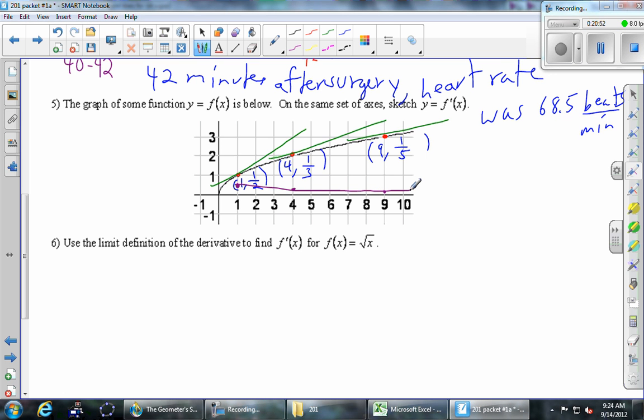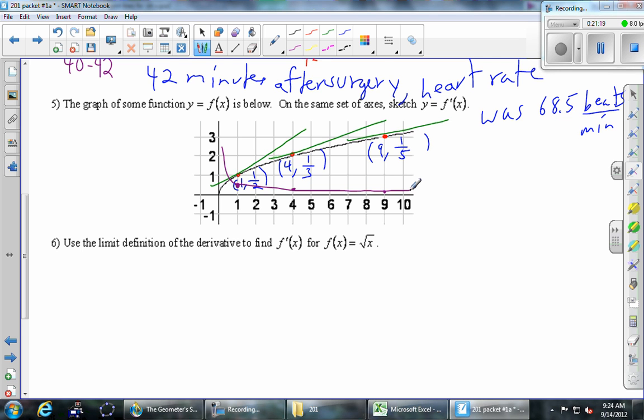I didn't pick a point between 0 and 1, but if I had, what kind of tangent lines do you have here in the beginning of this curve? They're actually really steep. I'm kind of cheating in that I know what the answer is supposed to look like beforehand, but if you plot a few points near the origin, you're going to get really, really steep tangent lines. And pretty quick, they're going to be off the grid, way steeper than 3. It does look like an exponential decay thing.